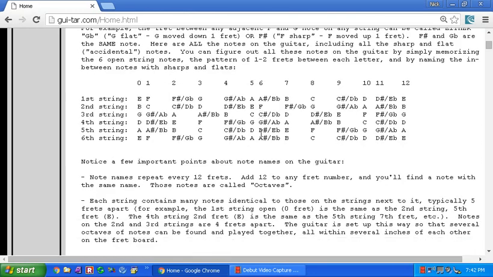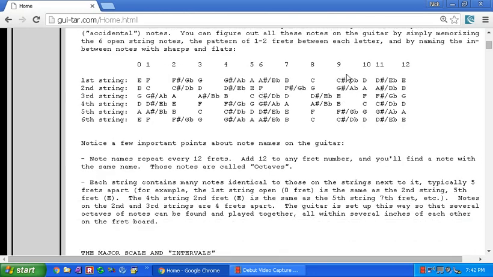Okay, so there's a little grid that shows you all of those in between notes too. F and G in between can be called either F sharp or G flat. And you should notice a couple of things. Like we already said, the pattern starts over every 12 frets. So if you start on the 0 fret, you go up to the 12th fret, you get back to an